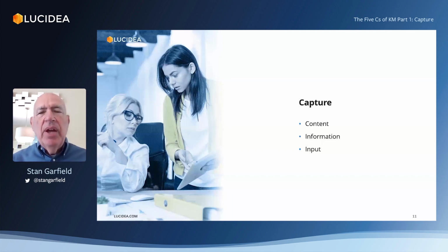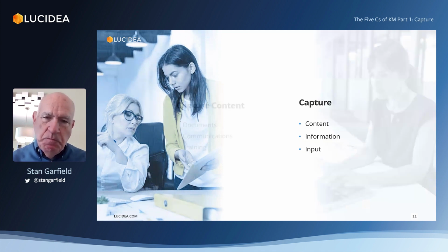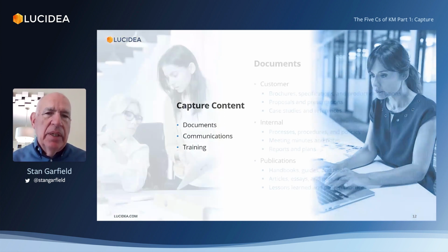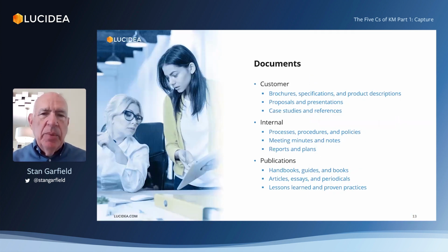Let's talk about three types of capture: content, information, and input. We'll go through each of these three. When we talk about content, that includes documents, communications, training, and other kinds of files. We'll go through them one at a time, starting with